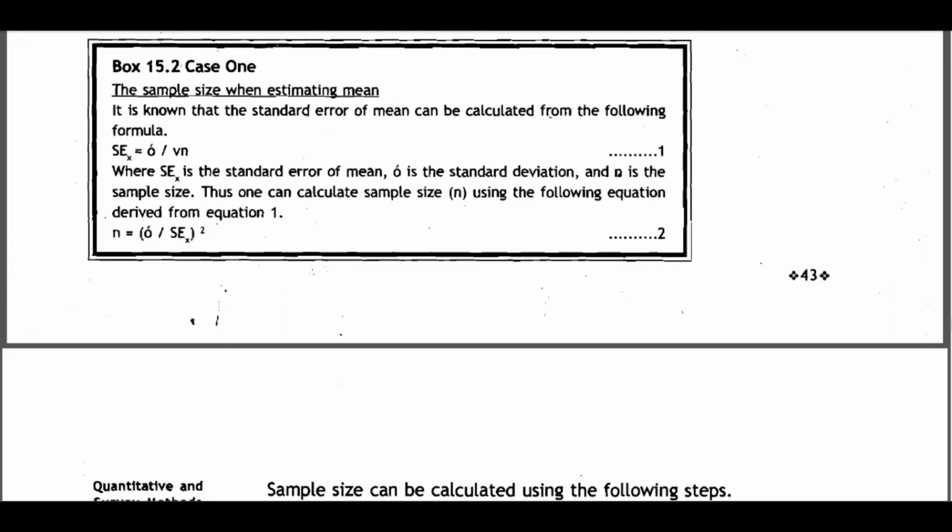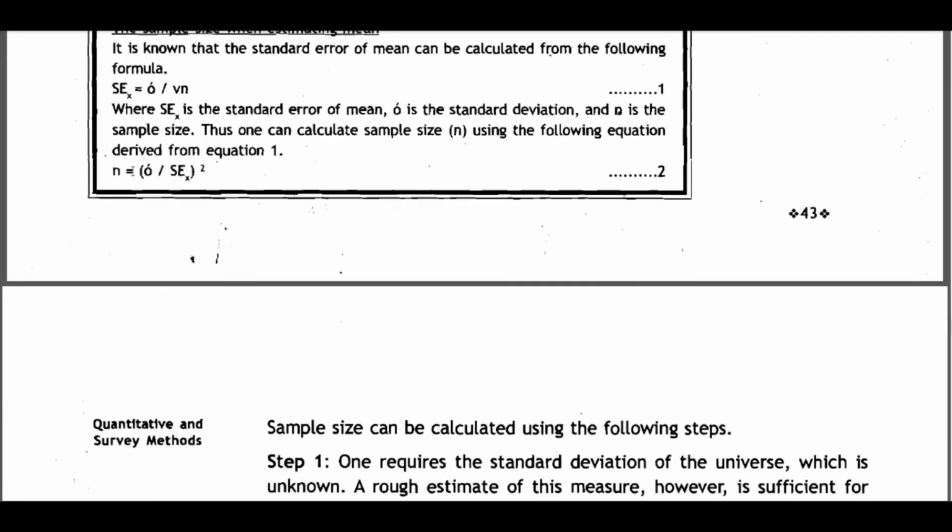It is known that the standard error of mean can be calculated from the following formula. Standard error is equal to sigma by root n, where SE is the standard error of the mean, sigma is the standard deviation, and n is the sample size. Thus, one can calculate sample size using the following equation derived from equation number 1. So, n is equal to